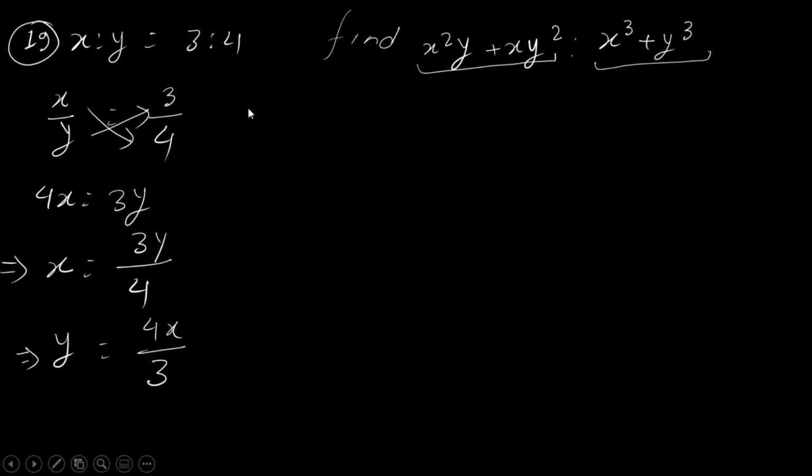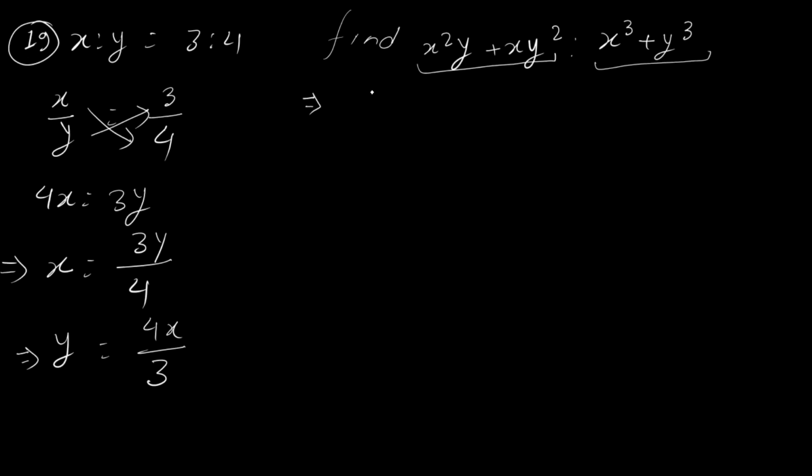Okay beta, so you got the value of x and the value of y. Now what we have to do is equate the value of x and the value of y in these equations. If you equate both values directly, you will not find the solution. There are two variables, x and y, so you have to bring a single variable on both sides so that the variable gets cancelled and you find the ratios. Got it, sir, got it.